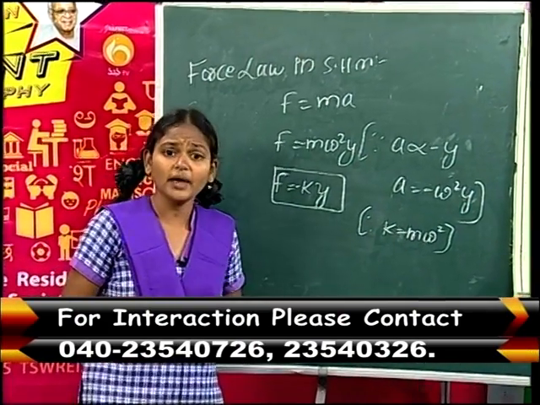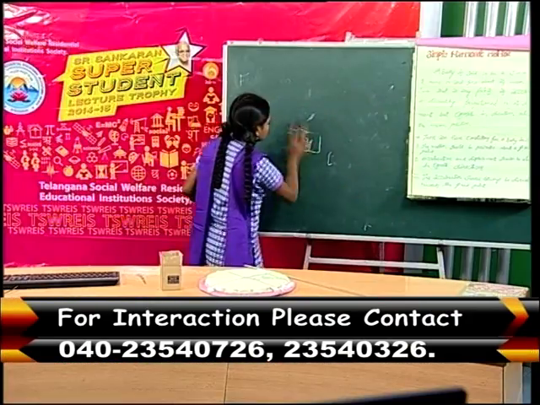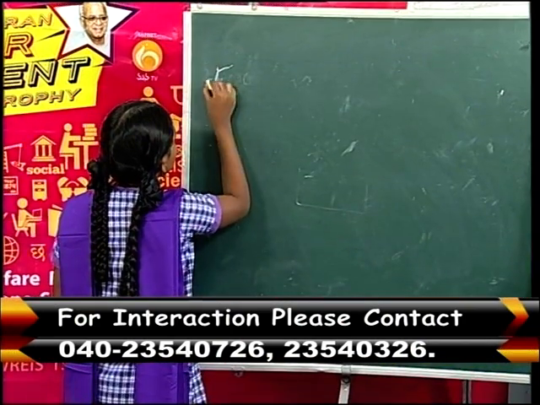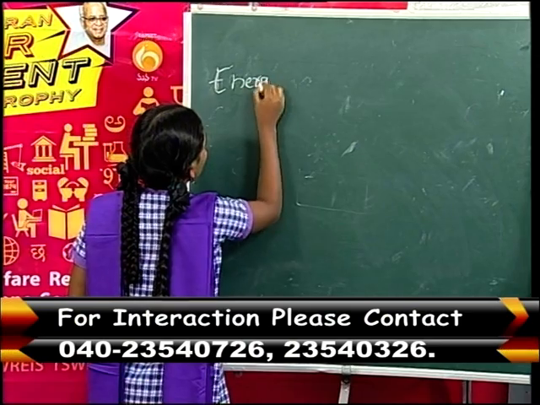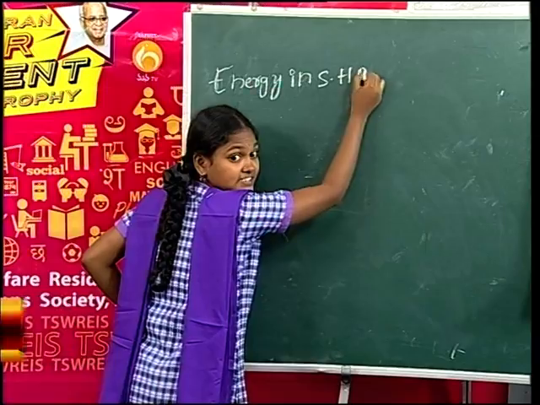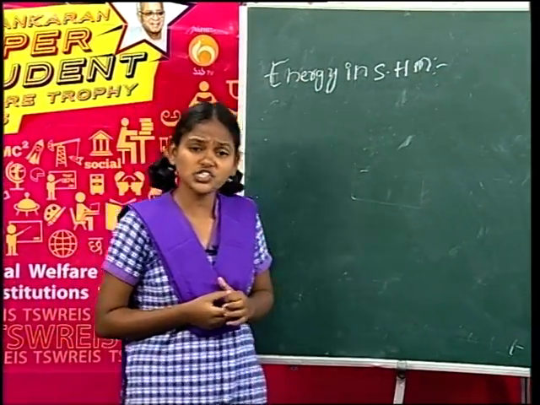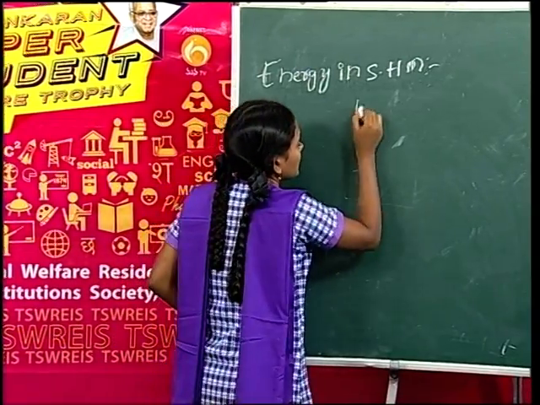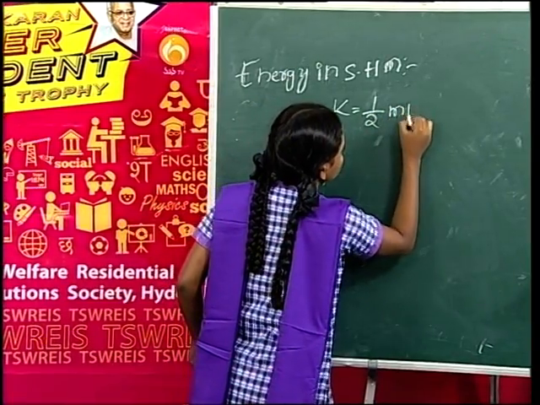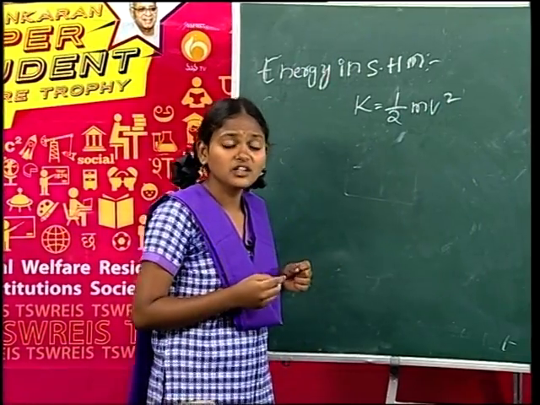In SHM, energy is also involved. What is the energy? Now we find the energy in SHM. What is the equation of kinetic energy? K equals half mv square. If a particle is performing motion on a circle, the velocity of